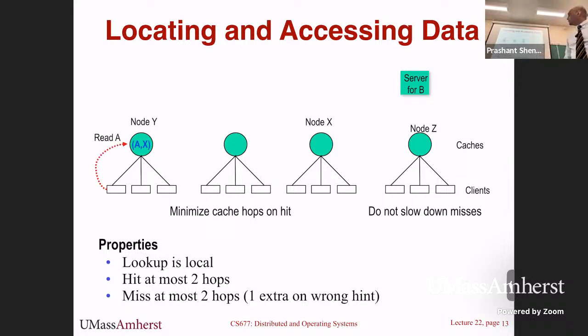I ask for A, and I look up the table. The table says that A is actually stored at node X. So I'm going to just go get it from X, and then I send it back. Done. Except that you have to keep in mind that if A got invalidated there because of cache